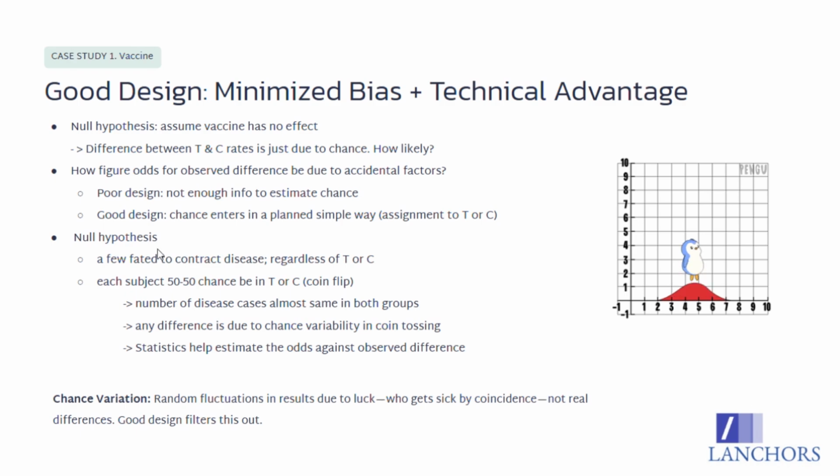Therefore, the number of disease cases that you see in the treatment group and in the control group must be about almost the same. And any difference you see between the number of cases in these two groups is due to chance variation, which is introduced in your flip of the coin process when you assign the subjects